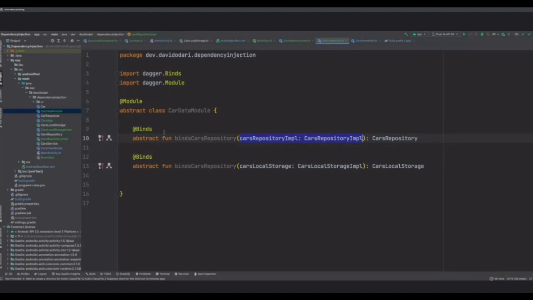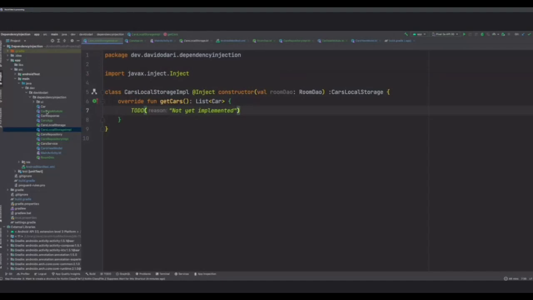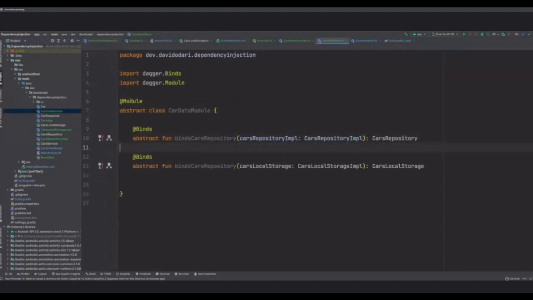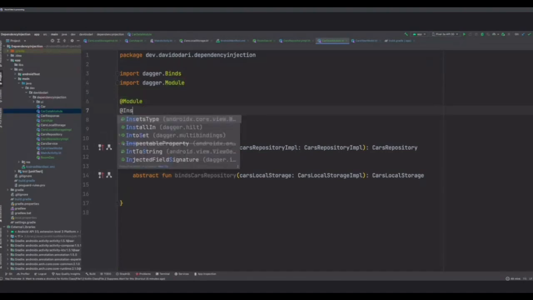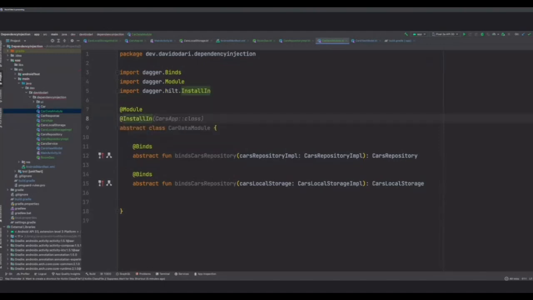Yep. Yeah, this is the module. So we have this module, right? But the thing is, we've already defined what maps to what, what binds to what, and listed them, and said this is a module that has all this information. But we haven't said where it needs to be installed.